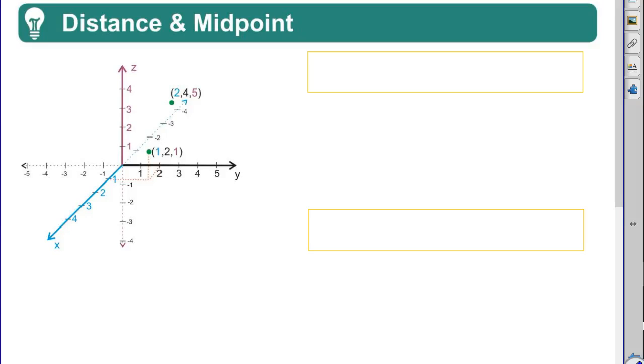Okay, so this is the quick review of distance and midpoint, and we're really talking about 3 dimensions. So you can see I have a 3D plane in front of me. Notice the x-axis is supposed to be coming straight out at you, but we have to draw it at an angle because we have to try to draw 3 dimensions on a 2-dimensional surface. So technically it should be coming right out at you, but this is all we can do to